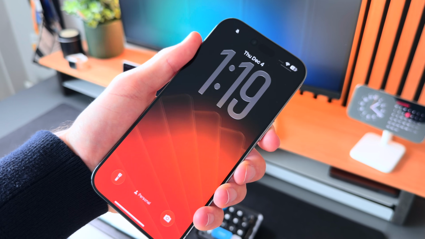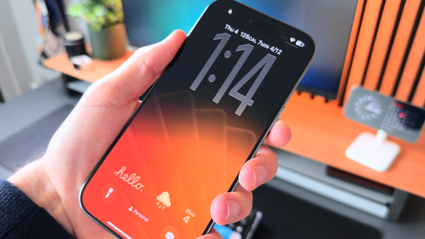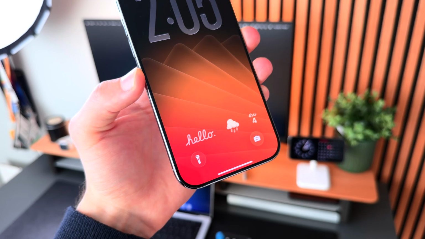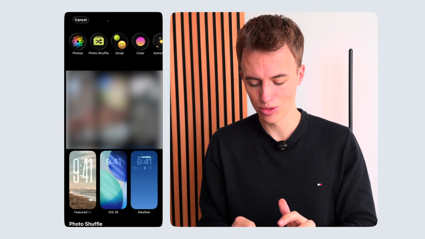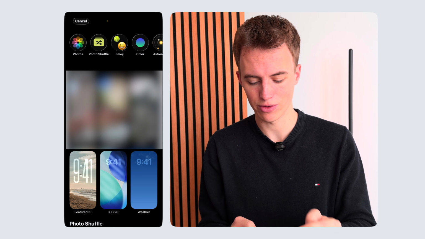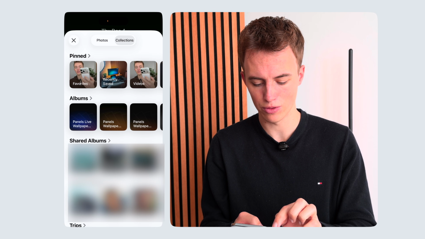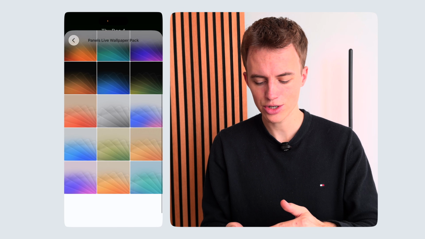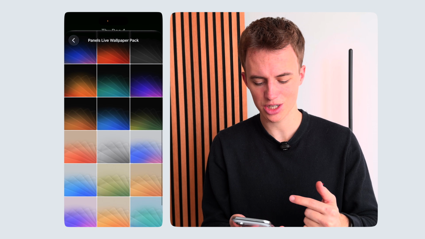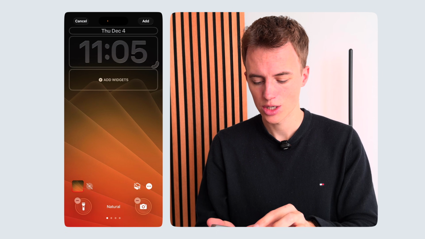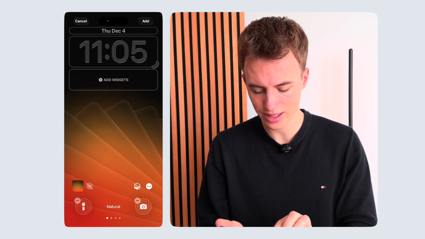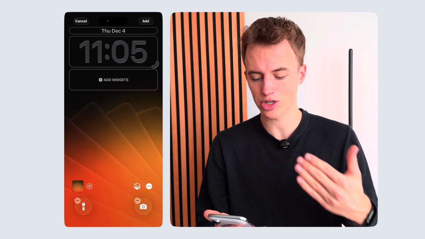So let's start off by setting up a new lock screen that is actually animated and includes some really cool widgets. To do this, I'm gonna create a new lock screen here, and then I'm gonna choose the photos option, and head over to my live wallpapers. As you can see, there are a bunch of color options, but for now I'll go with this one. So if we just position them right here and then click on this live button, it will actually activate the